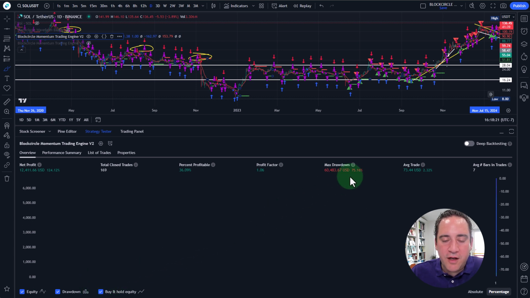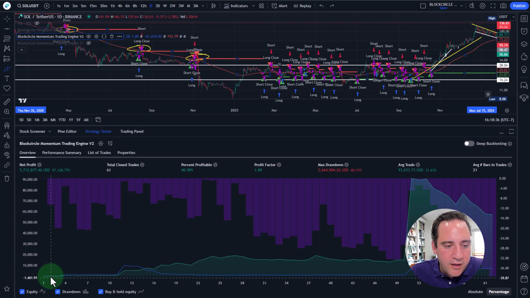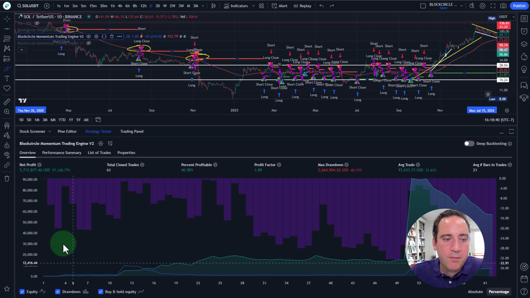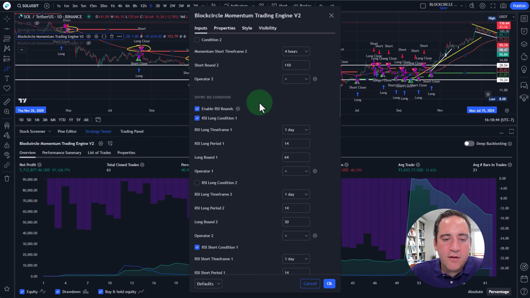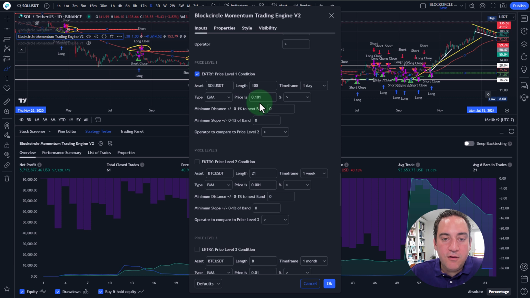This drops the drawdown all the way to 75%, drops the net profit considerably, and we're no longer outperforming a buy and hold of Solana. And more importantly, we're falling below our starting balance, right? Our prior configuration only fell below our starting balance for like the first 2 trades, and it was very momentary. It was like a temporary blip, right? And if I go back, so that hopefully explains the intent of the price levels,